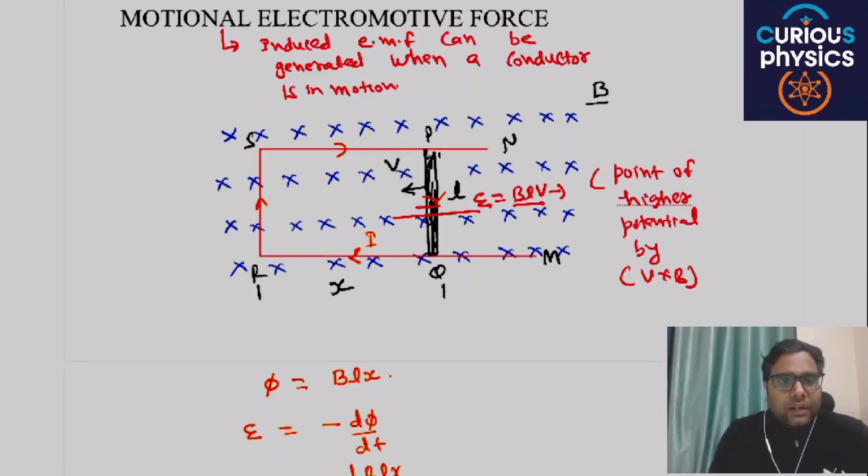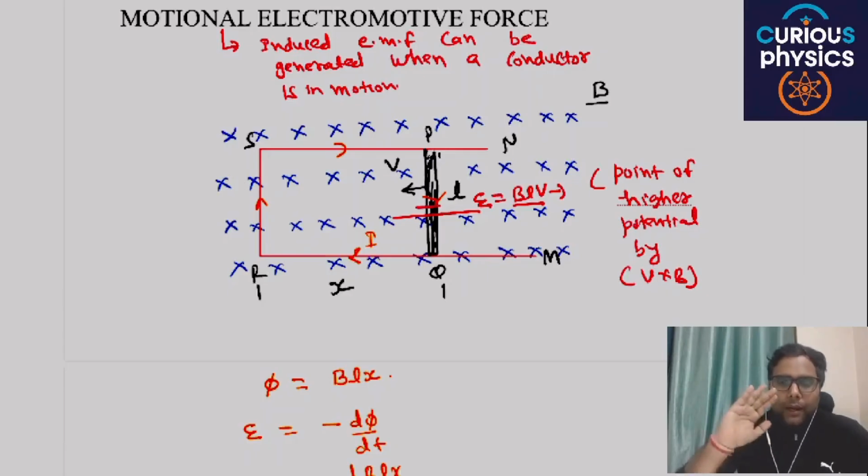The direction of the thumb will give the direction of higher potential. Let's say this particular rod PQ is moving in the right-hand direction, then V cross B will be upward, and the direction of current will be reversed; in that case the current will be clockwise. So you can easily find the higher potential first with the help of Lenz's law, because the current will flow from higher potential to lower potential.